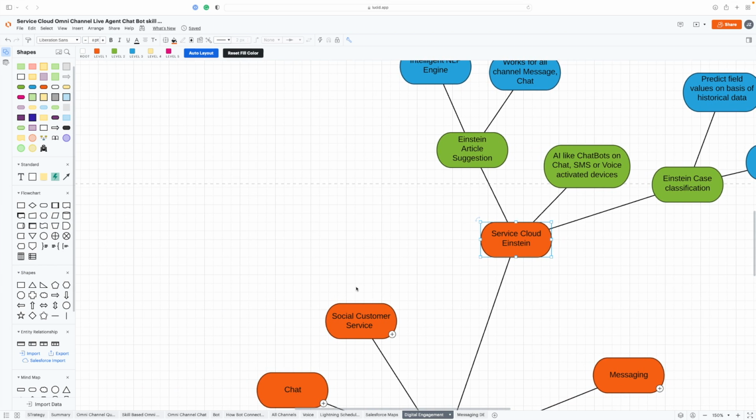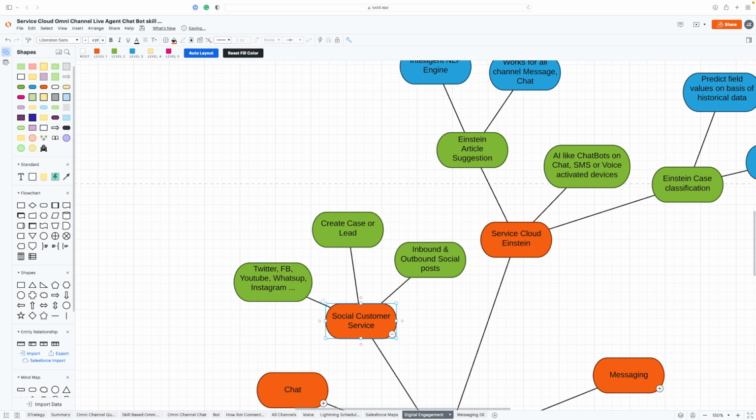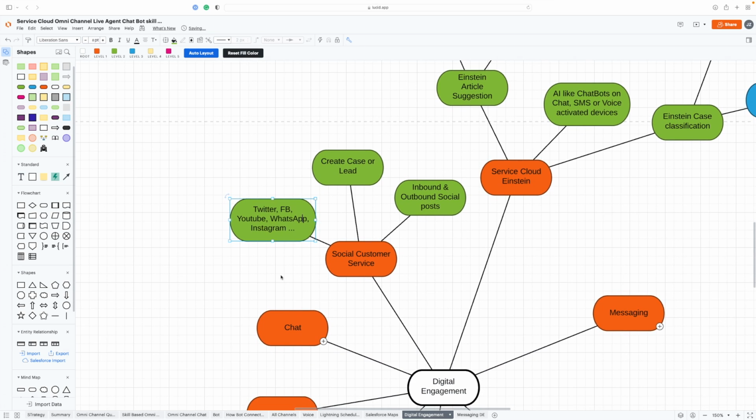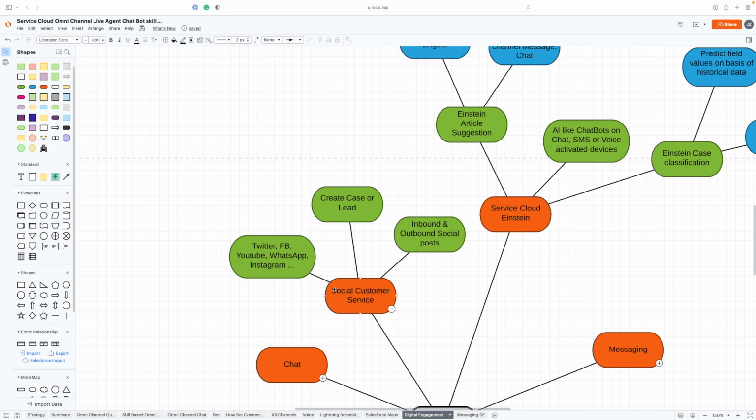Talking about the social customer service, like Twitter, Facebook. So with this product from Salesforce, you can monitor your social media channels like Instagram, WhatsApp. So my typo, it's not WhatsApp, it's WhatsApp. And what it can do is, as a part of that conversation going on the social media, it can create a case, lead, and you can perform a lot of operations on top of it.